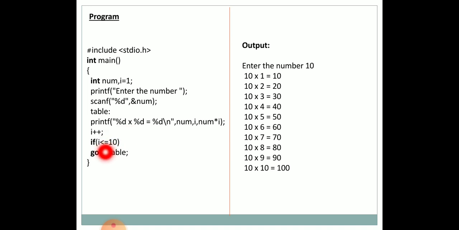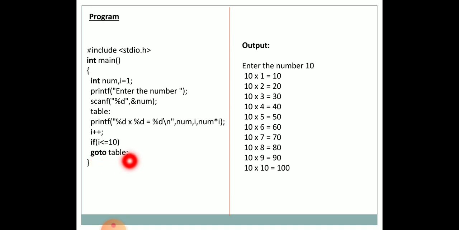Then we use a conditional statement, if statement, to check whether i is less than or equal to 10. Now our i value is equal to 2, that means i is less than or equal to 10. The condition is true. If this condition is true, the next statement will be executed, that is goto table.